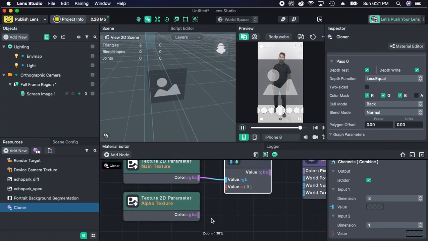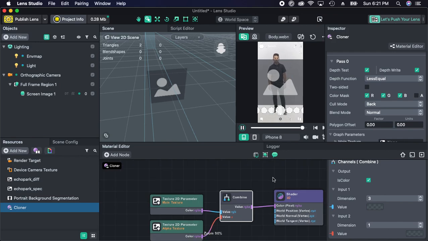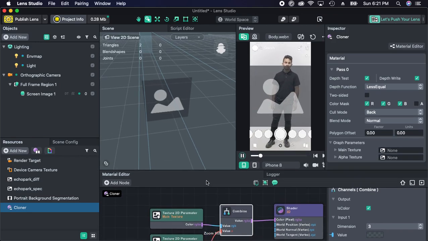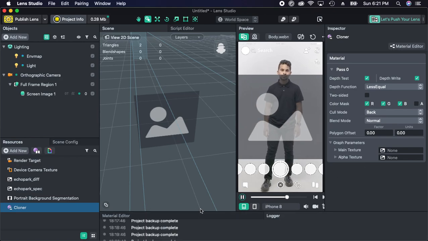What you can do is click this and drag it to this part. Once you are done with this, you can combine this to the color pixel. This is basically a fragment shader. So that's it. This is what the material is all about. Once you are done, you can close the material editor, or minimize it down. In my case, I'm just minimizing it down.